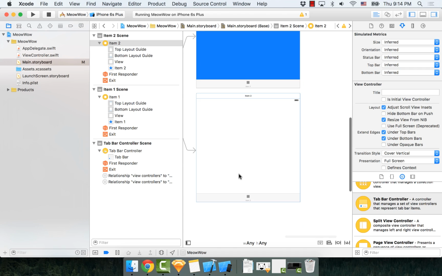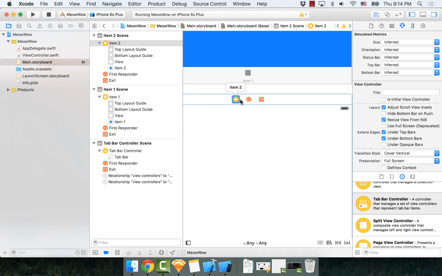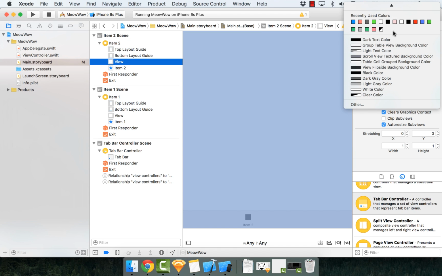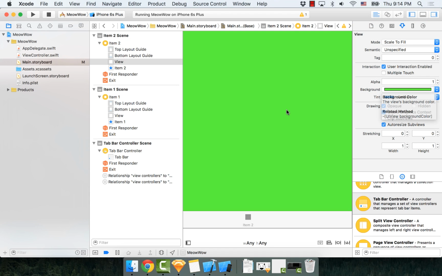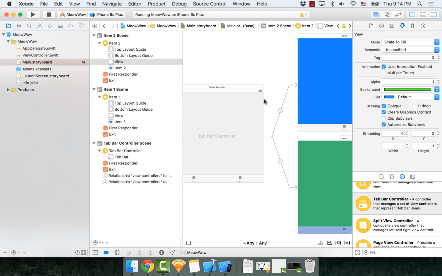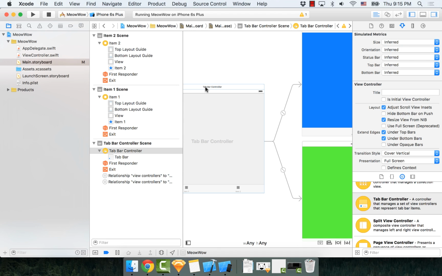Okay, and we'll zoom out a bit. We're going to come down here to our other one. Okay, item 2, double tap to zoom in a bit, and then we want to grab its view. Let's change its background color to something like green. Okay, so now that we have these two things done, one important step, please go to the tab bar controller,